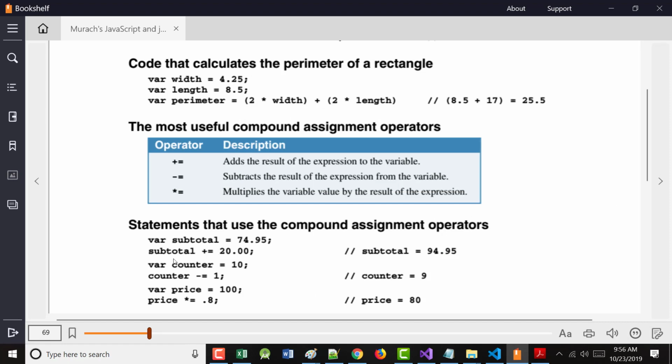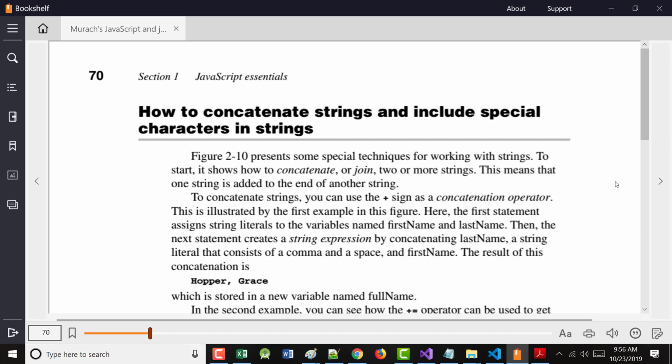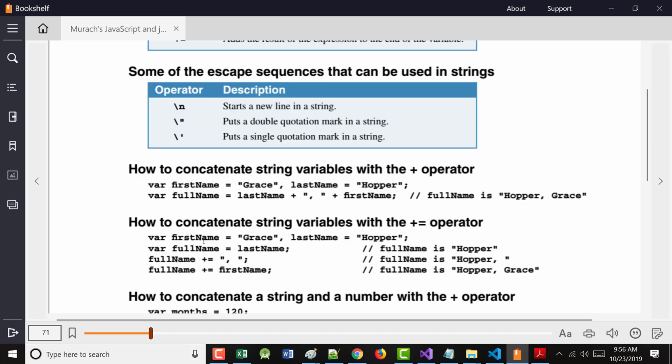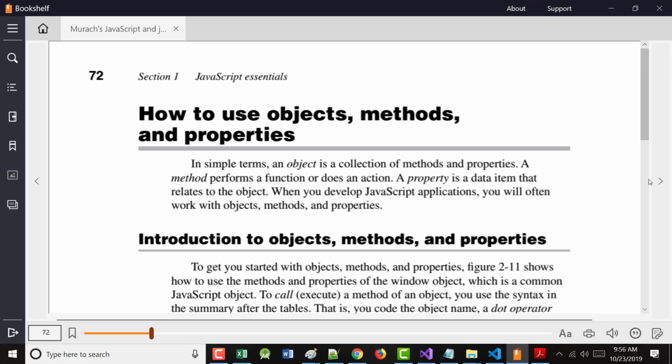Again, how to use arithmetic statements, we'll do that in just a few minutes. How to concatenate strings, guess what? You know how. The plus sign, I already showed you that. First name is Grace, last name is Hopper, so last name plus first name. That's done for string concatenation, to glue two strings together. All right. Now, for right now,